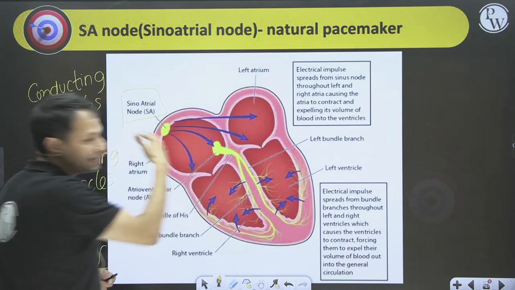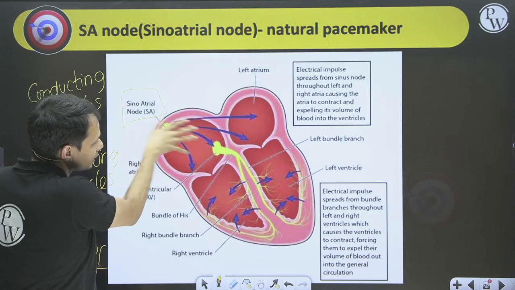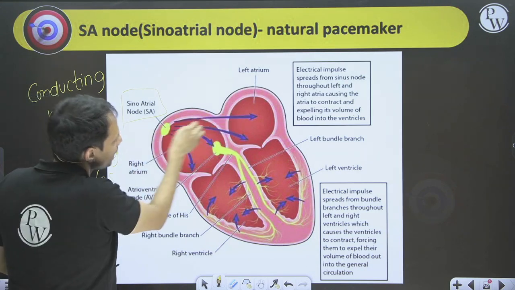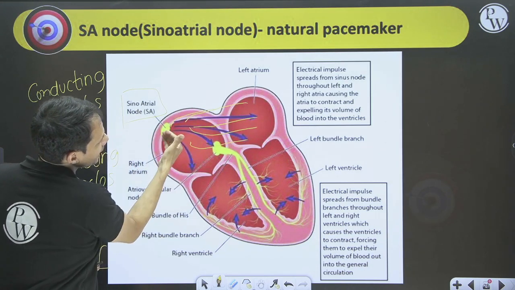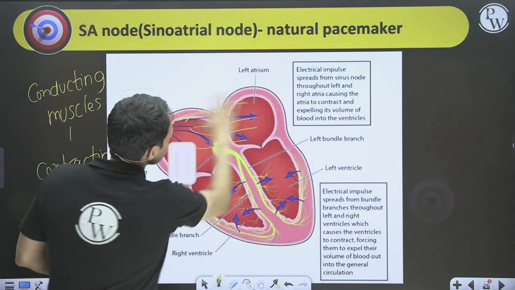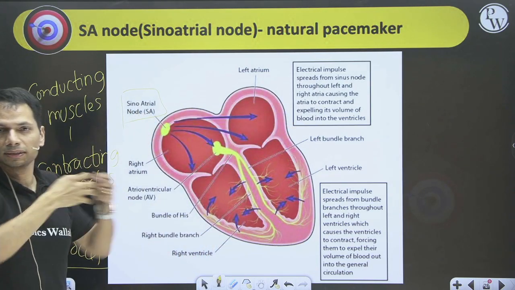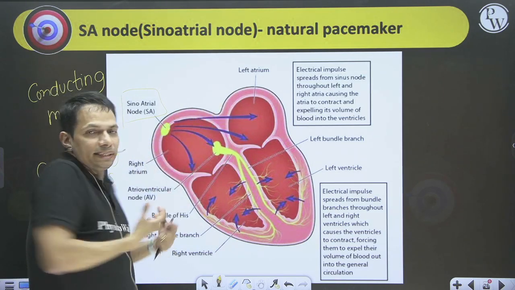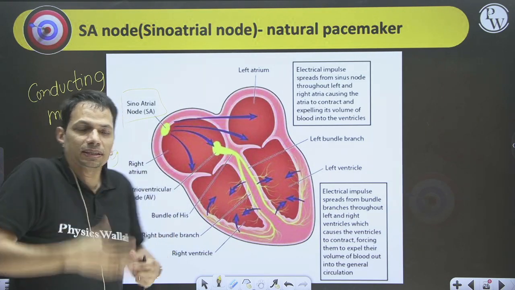And as the electricity is generated, it is then transmitted through the contracting muscles, which are the cardiac muscles, and then it is passed from the right atria to the left atria. That is how the electrical impulse is being transmitted, and this electrical impulse causes the atrium to contract. And then from the